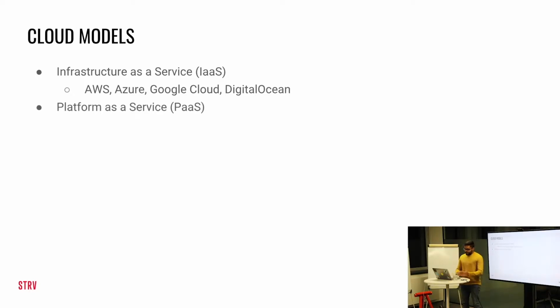There we have another layer of abstraction, which is called platform as a service. Basically, this is built on top of the infrastructure, but the thing is we only care about the actual application, how it's configured, and how we can manage the environment variables, all this kind of stuff. And the thing is, for example, with infrastructure as a service, we need to take care of